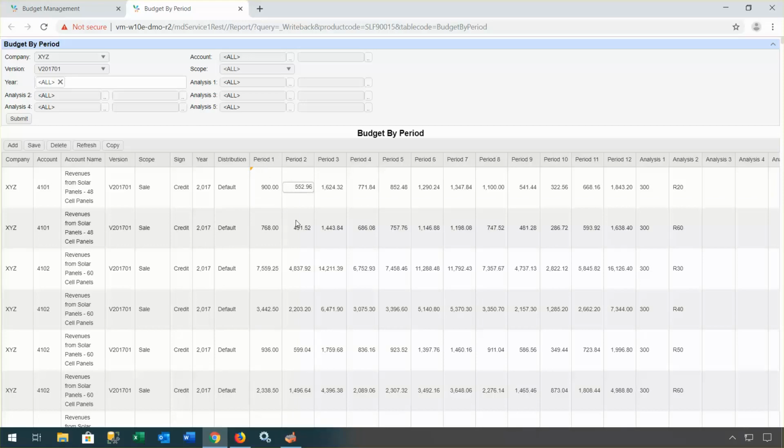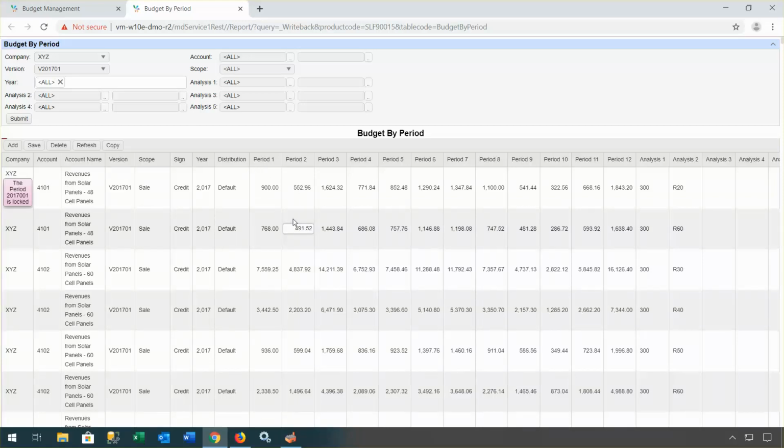If I click off that row, it actually goes to update it, and it comes back with a message over here. The period 2017-001 is locked. So those transactions have actually previously been entered, and somebody has defined that